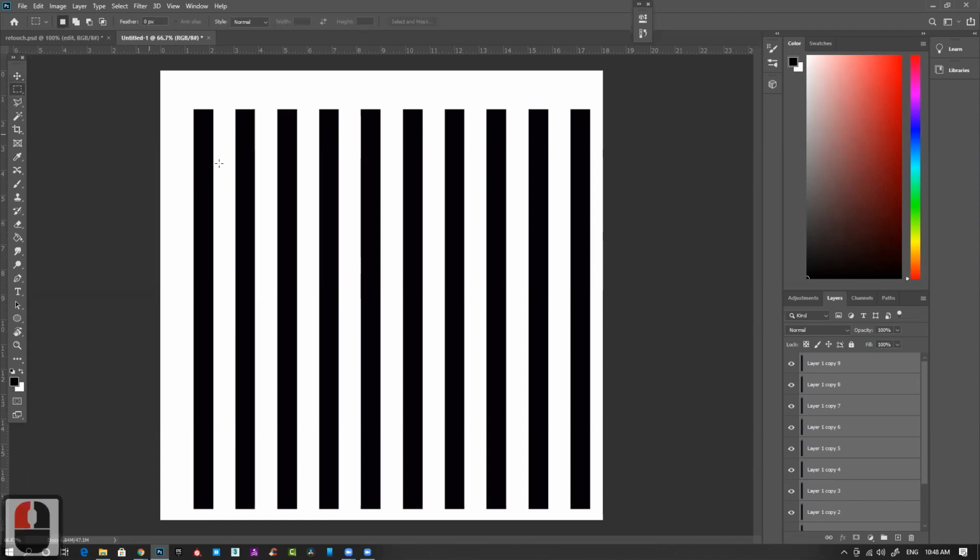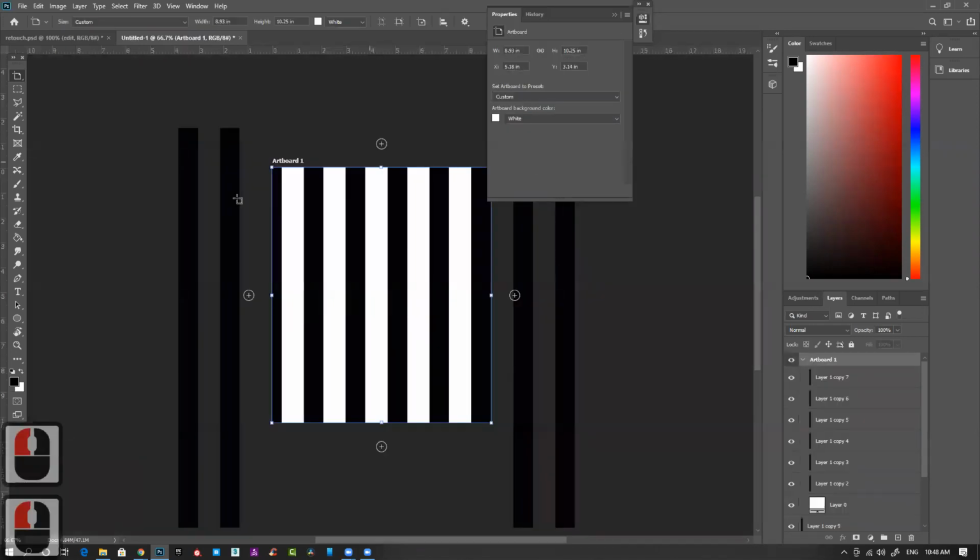Then we have the marquee tool, and if you click and hold your left mouse button, you can see you have one more option. It will block out whatever you have selected.